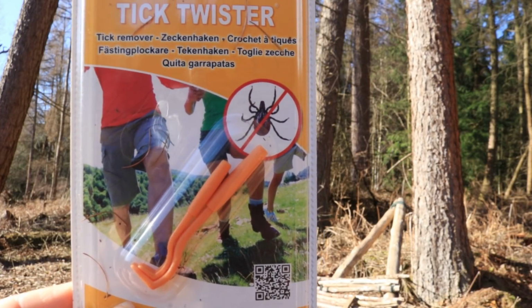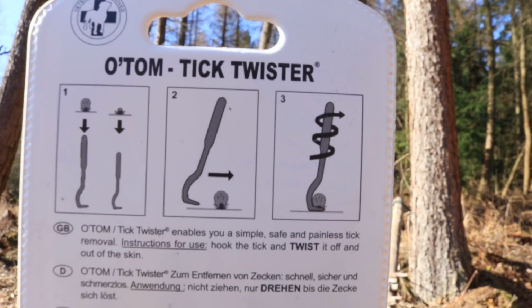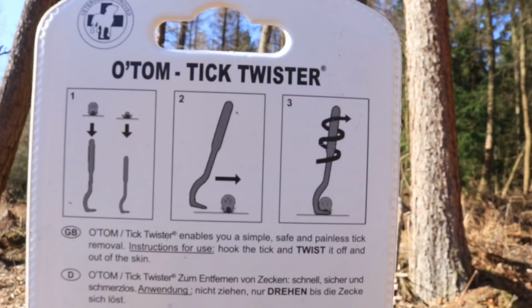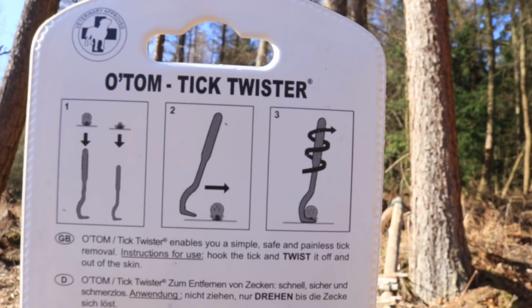But I think it needs quite a lot of force, and the main thing is to remember to get the head of the tick out. There's normally like a little spider, a black tiny spider looking thing, and it then forms into like a snail when it starts filling up with blood. There's like a bag on its back that fills up with blood. That probably doesn't sound the best, but that is that. I'm not a master when it comes to ticks, but this is what I know of and what I've researched